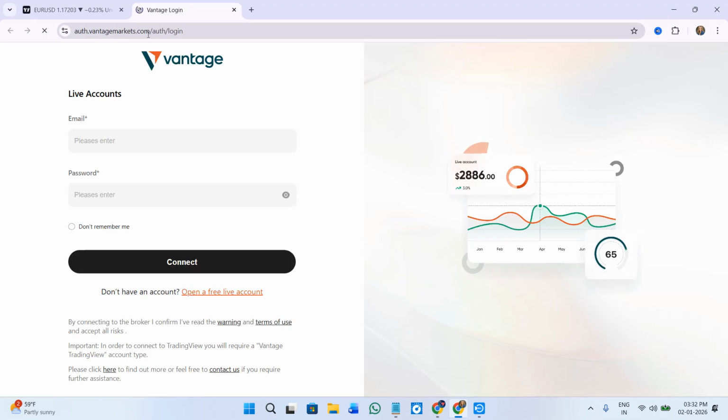So it is going to redirect you here on the official website of Vantage. So here on this particular page, simply provide your email address and your password associated with the live account of Vantage. So when you click on the option of connect, you will be able to successfully connect your Vantage account